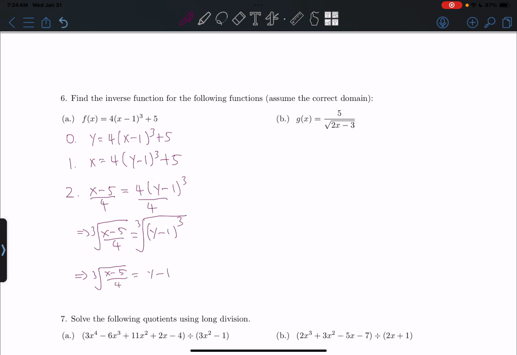And then plus 1 on both sides. Just right on top, we got cube root of x minus 5 over 4 plus 1 equals y. And then I guess step 3 is, all I have to do is change that y to f inverse. So f inverse of x